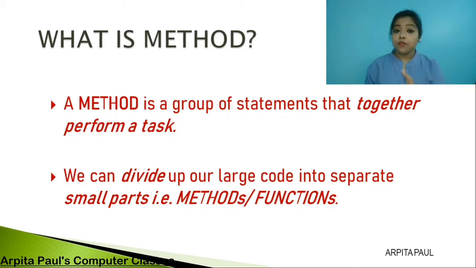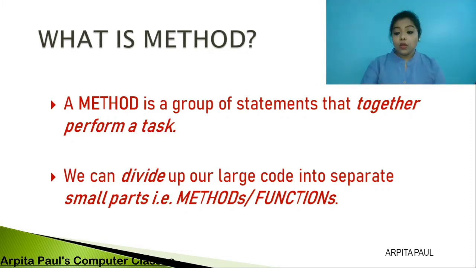Both are the same. If you are asked what is a method or what is a function, both are the same. Function is another name of method. Basically, functions or methods are small programs which together complete one big task. It is very useful because when we get a big task, we can divide it into small parts, execute each part separately and check for errors. If there is any error, we can find and remove it easily. That is the advantage of using methods or functions.